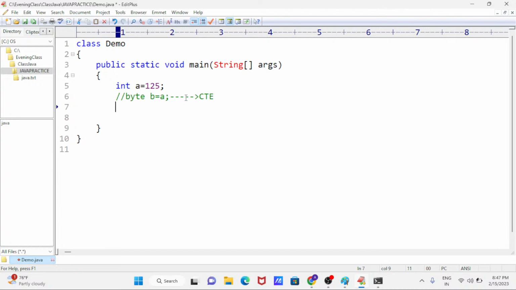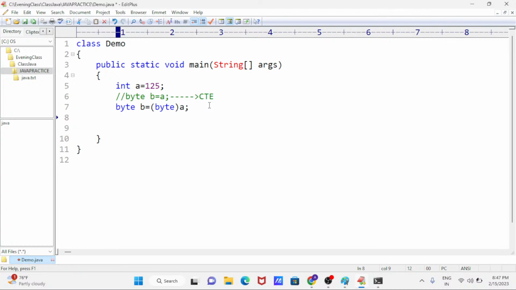By using the typecast operator. Same variable, use the parentheses, and inside write which type you are converting to. This a variable we are converting to byte type and storing into the byte type variable. This is what the line means.